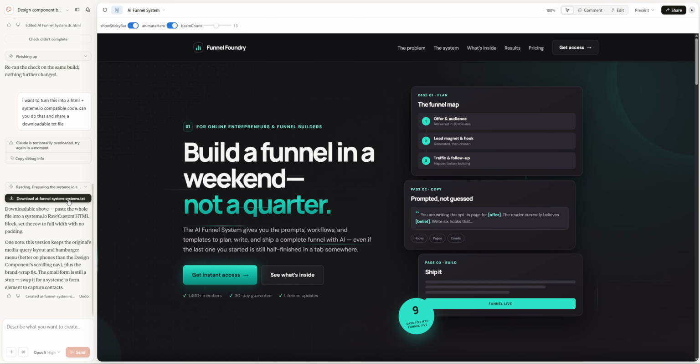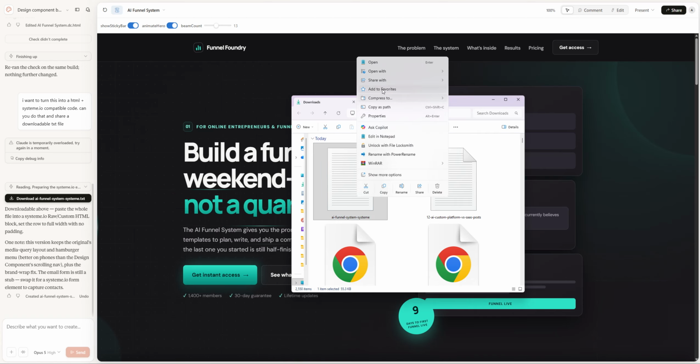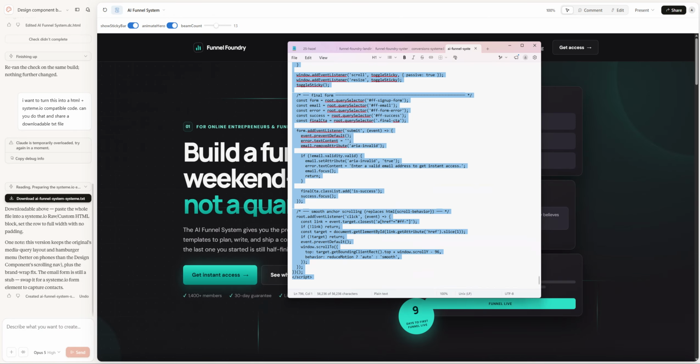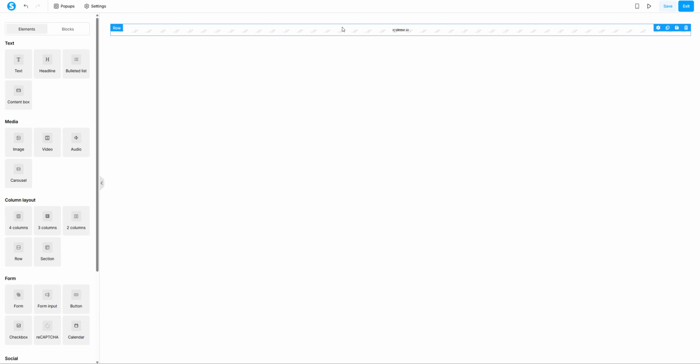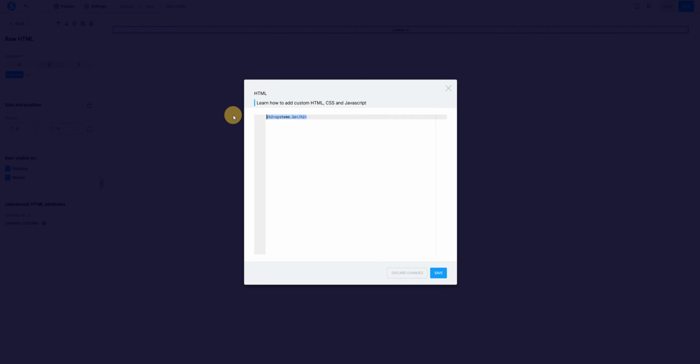All right, so here we have it. So all we need to do is click on there and it downloads it. Okay, right there. Now we just open it, and right here, right click, open with Notepad. And now we can just simply copy everything, go to the editor, click on the HTML, edit, remove what's inside,